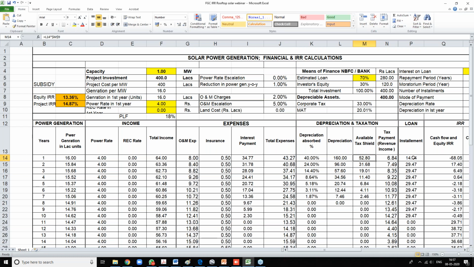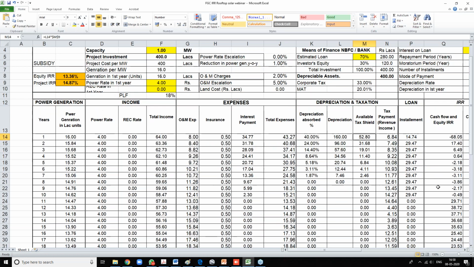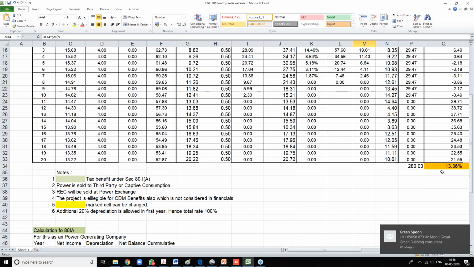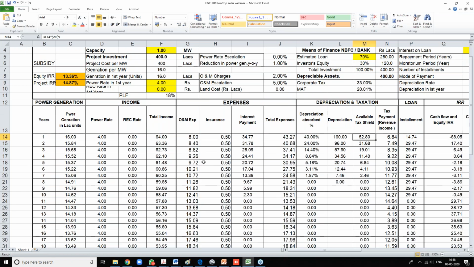The loan has to be repaid also. Apart from interest, there is loan repayment as well, because a first-year moratorium has not been considered. So the first year cash flow is negative, and after that you can see the cash flows are like this, and you get an IRR of some 13.36%. Now there are sensitivities which affect this, and various sensitivities are important to be discussed in project cash flow.